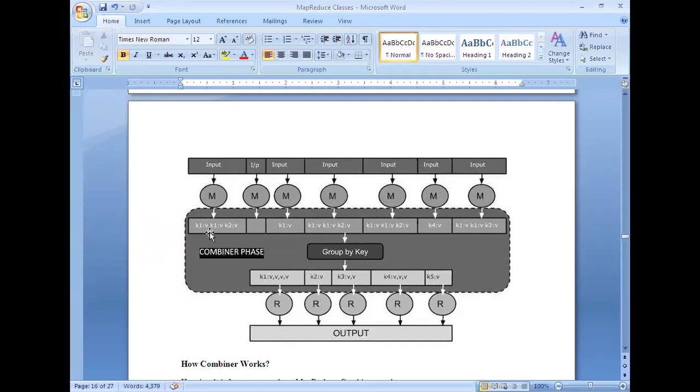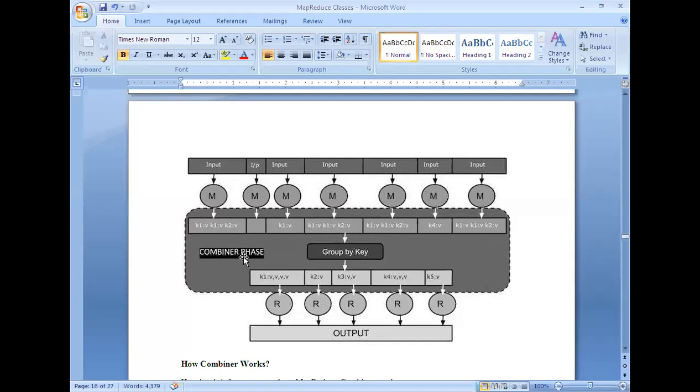Now what we can do here itself, in the combiner phase, is group all these things by key. K1 is key one. In order to distinguish, value 1, value 2, you can write like this. All the values which are associated with K1 will be grouped together: 1, 2, 3, 4, 5, 6.